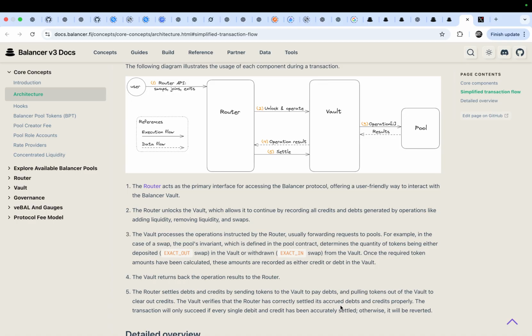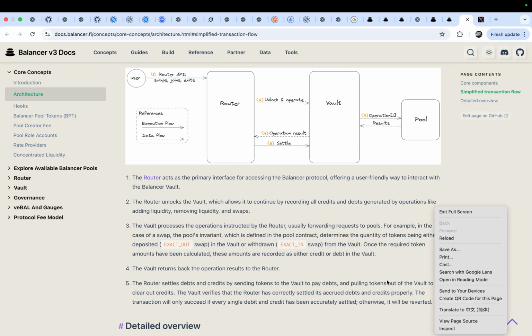That means as time flies, you will receive more and more tokens, and the transaction will only succeed if every single debt and credit has been accurately settled. Otherwise, it will be reverted. So this statement expresses that the whole process or procedure is atomic.